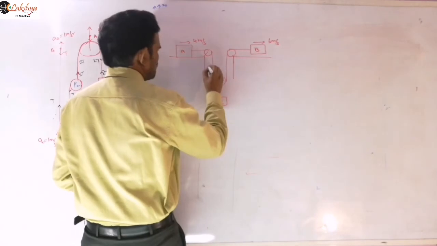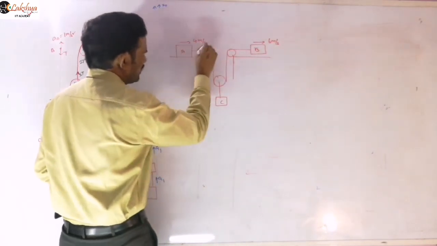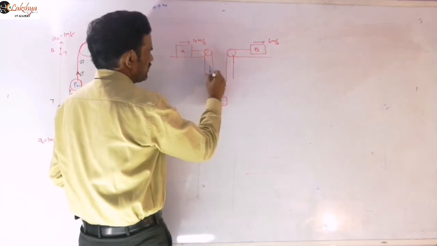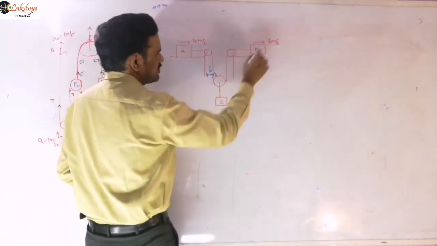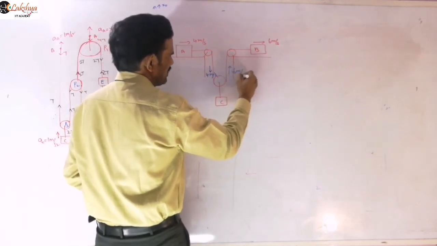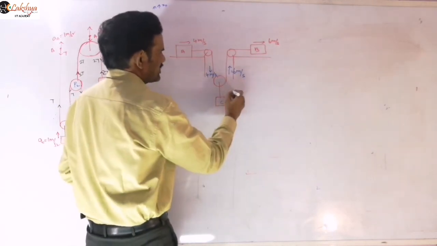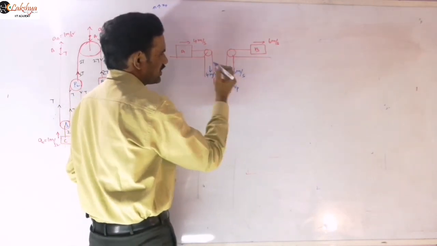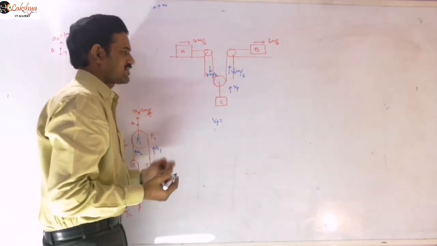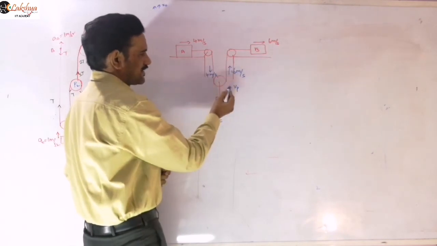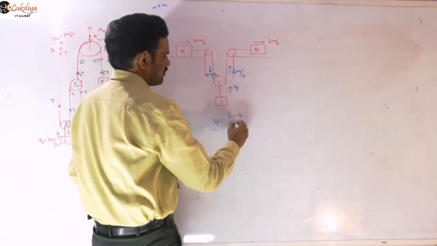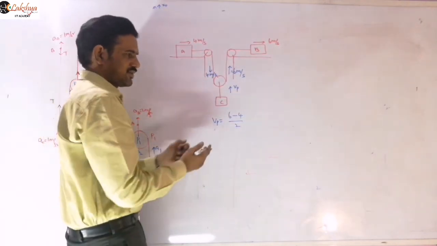So now, this block is moving this side, so the length of the string will come like this. So this is 4 meter per second. And this block is moving up here, so this velocity will be like this. So this is 6 meter per second, as given. Now let us write the velocity of the pulley. I am taking it in the upward direction, let us take it as positive. So it is 6, and the other is in the opposite direction, minus 4, by 2, right, according to our relation.